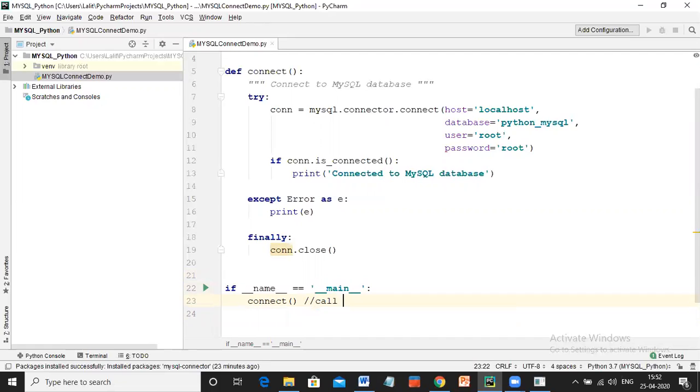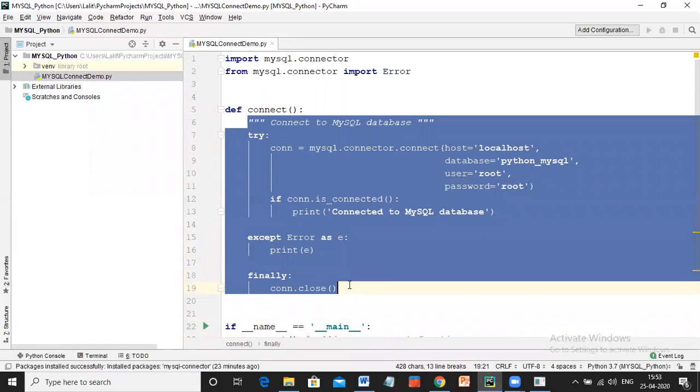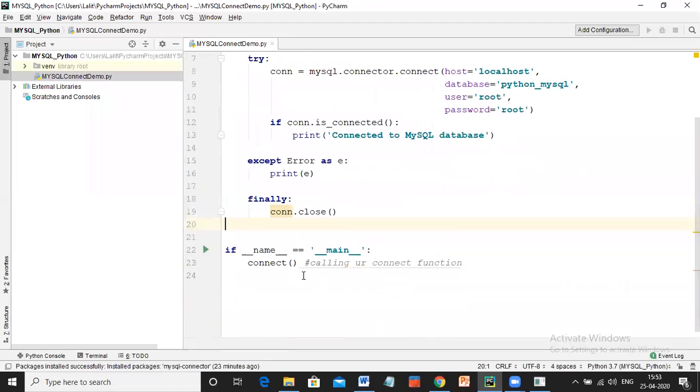This is nothing but calling your connect function. Once you call this function, it will directly jump there and perform all these operations.